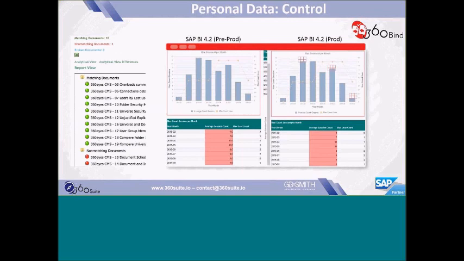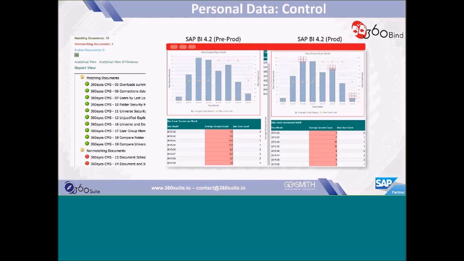Another challenge was to understand if we have reports that we have cleared the data security or personal data, and make sure that the problem doesn't come back. So we have a tool called 360 Bind, and what it will do is it will compare a report you have, let's say, in the trusted environment, and will compare reports you have in maybe the production environment. So if you have set up some security rules and data rules to make sure that personal data doesn't go to the wrong person or to the wrong reports, what you can do, and this can be fully automated, and you can just be alerted if there's a problem, but you can say, right,